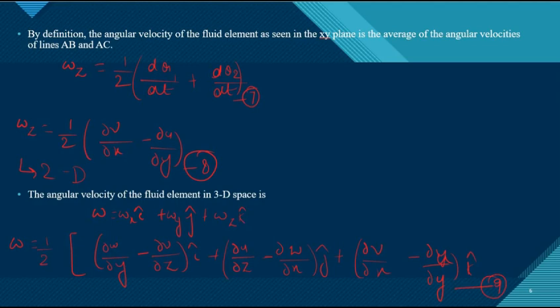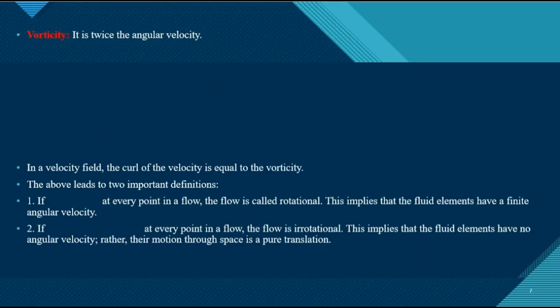So this equation 9, what is it expressing? It is expressing the angular velocity of fluid element in terms of derivatives of the velocity field, if you observe carefully. Correct? Why is this angular velocity term important, or where do we come across it? You come across it mostly in the theoretical part of aerodynamics. It plays a very important role. Now what we are going to do is we are going to introduce a new term called vorticity.